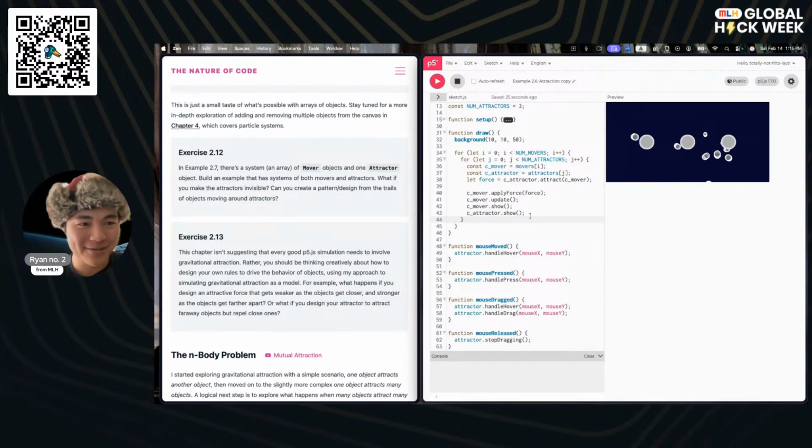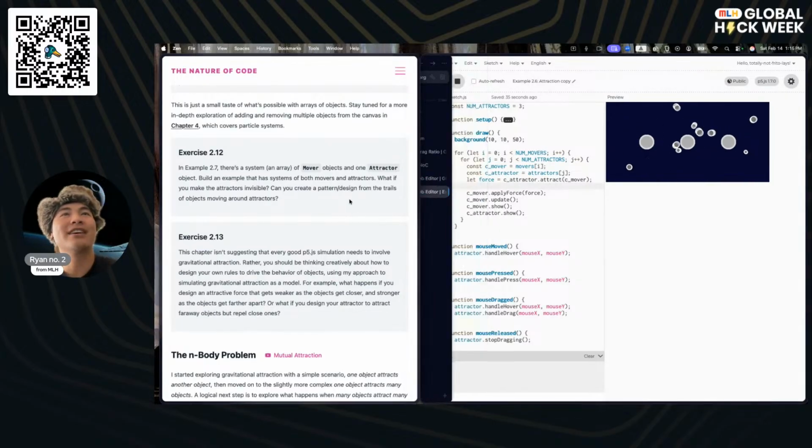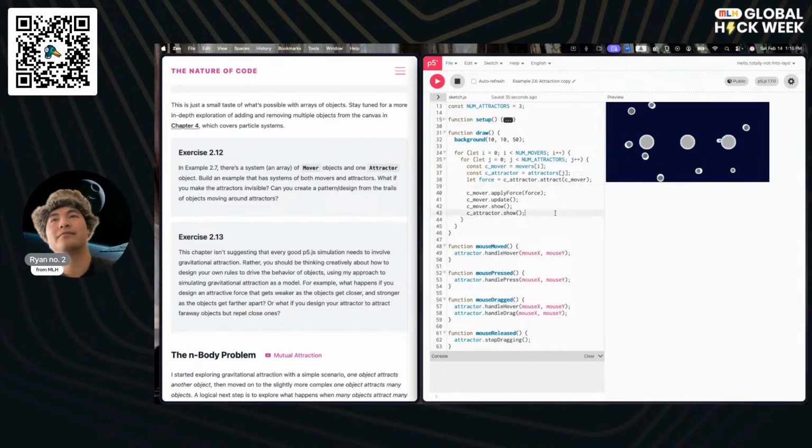You know when characters do telekinesis, like Magneto from the X-Men is moving things across the screen. That's the kind of vibe I'm getting right now. That's very satisfying. Can we make the attractors invisible? Sure, let's just hide that. Yeah. Okay. That is really satisfying.